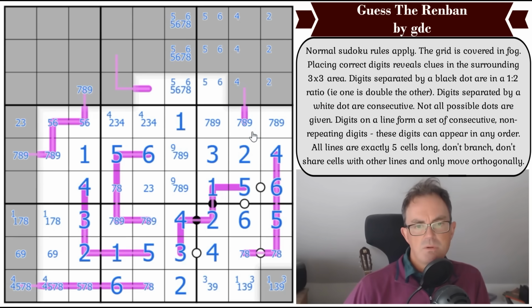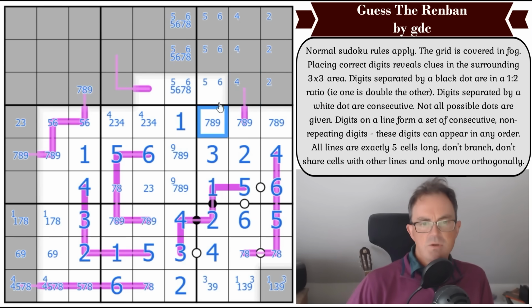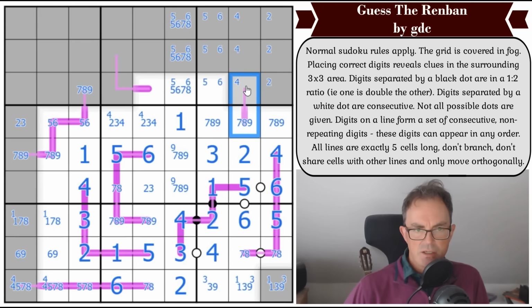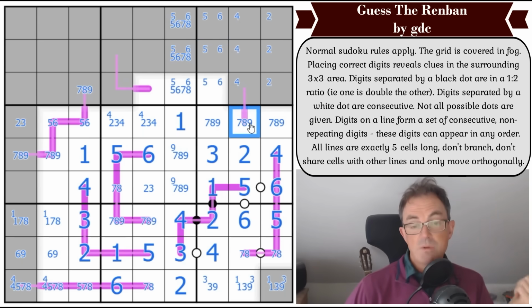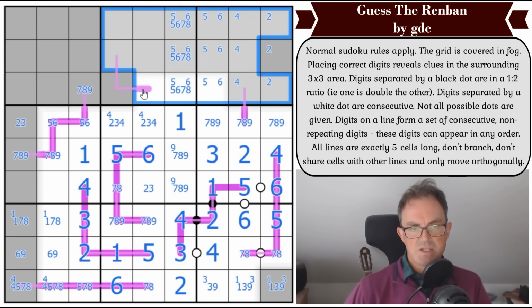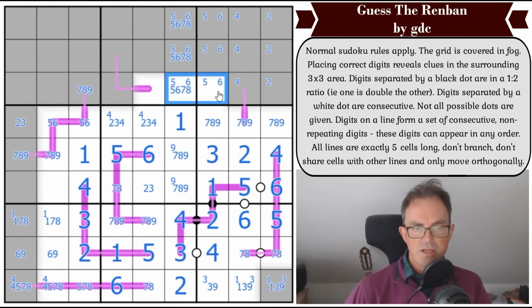Right, okay, so I think we can now... yeah, so I can now do something with the structure of this line. How could it not go into that square? It's got a high digit on it, so we now know it's got to have a 6 on it, and it's got to have a 5 on it. But the 5s and the 6s in these two boxes, they look to me like they've got to appear in these squares. Now these two are not lineable squares, so they've got to appear in those squares. So if this isn't a 5 or a 6, you could get that square onto this line, but 1, 2, 3, 4, 5. You couldn't get any more squares onto it, so you get one of 5 and 6 and not both. So that is definitely on this line,